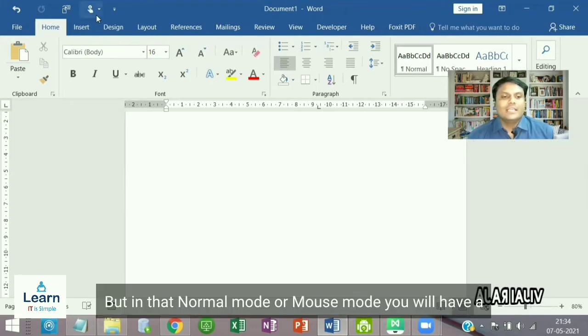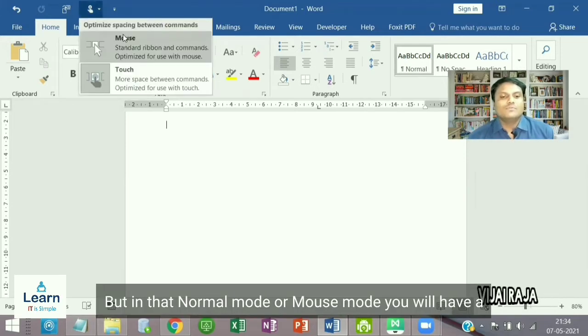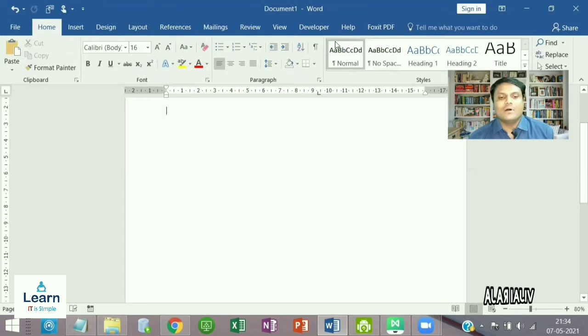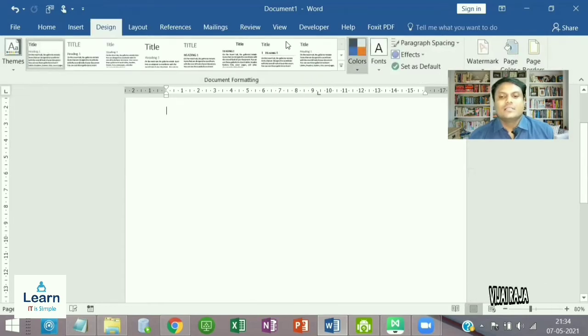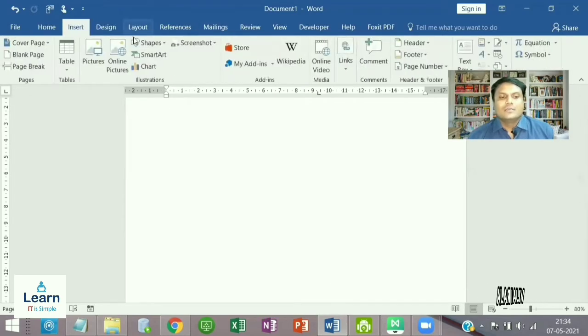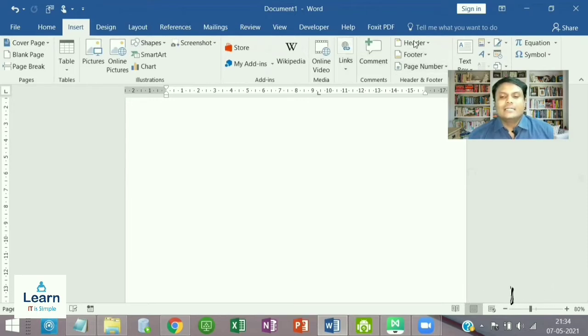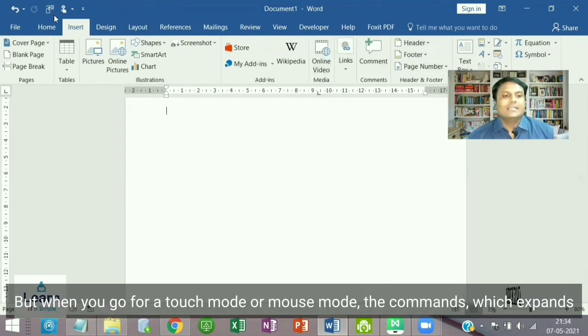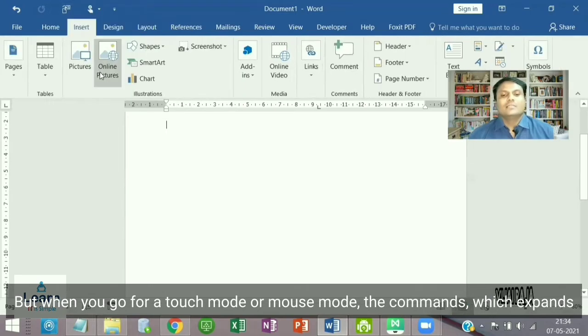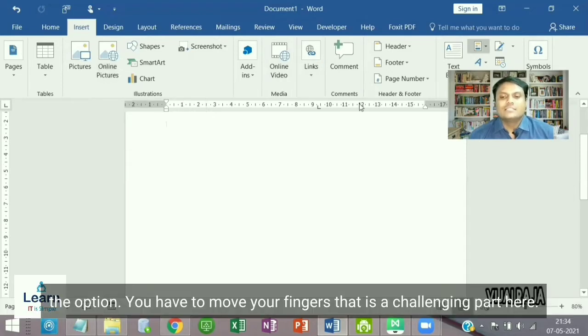But in that normal mouse mode, you have the option of seeing the features easily. But when you go for touch mode, the commands which expand and close the option, you have to move your fingers.